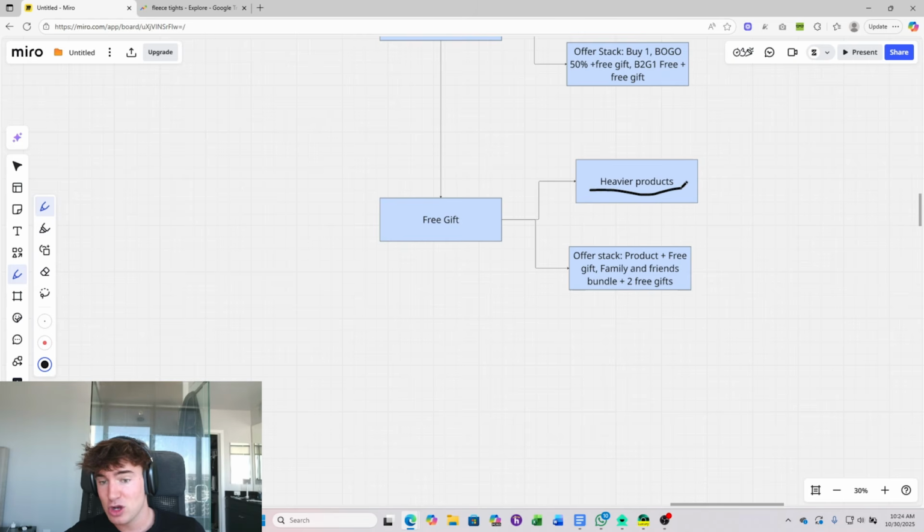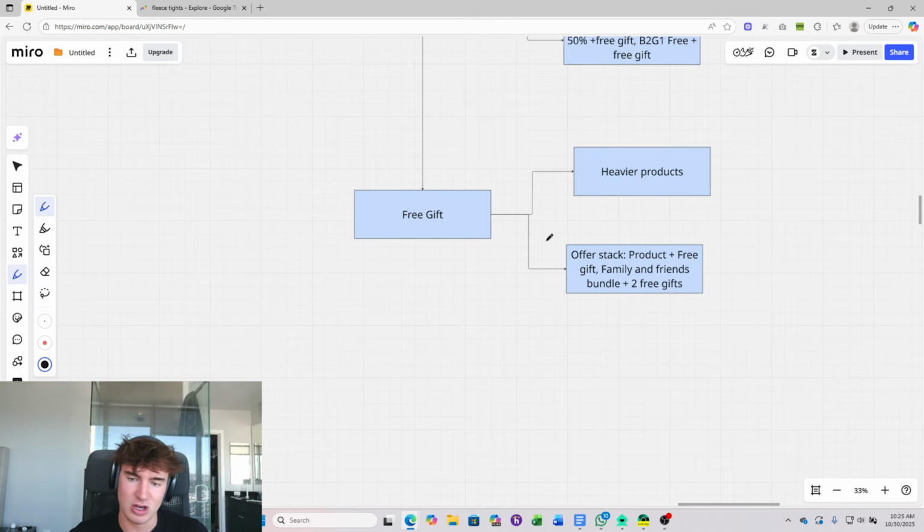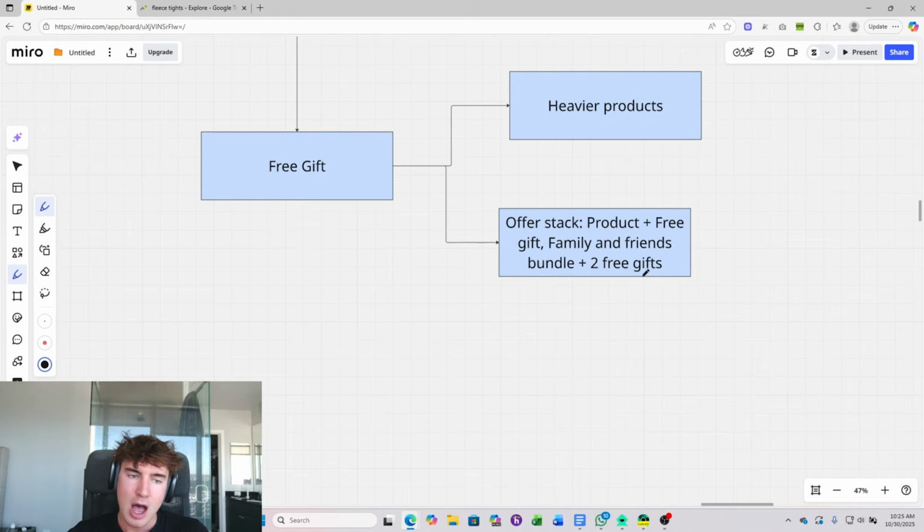This is for heavier products, so basically products that you're probably going to be pricing in the $100 to $150 range. They're probably going to cost $30 plus to ship, so they're a lot heavier products. Offer stacks that work really good with this are just the product plus the free gift. And then another one I see works really good that I always add in is the family and friends bundle plus